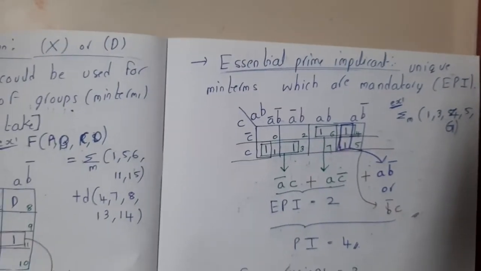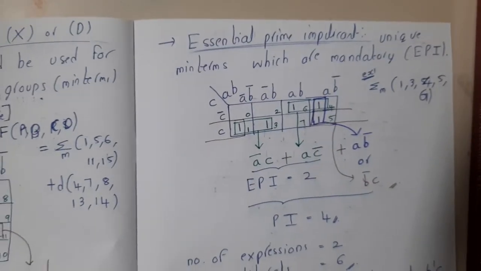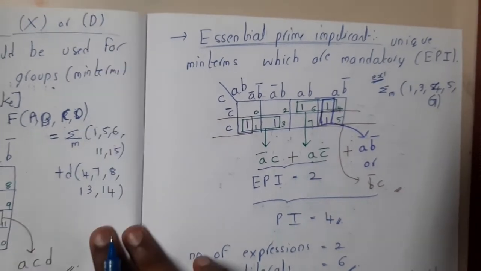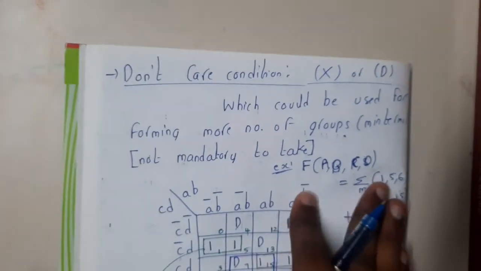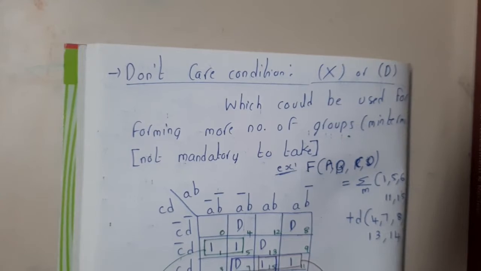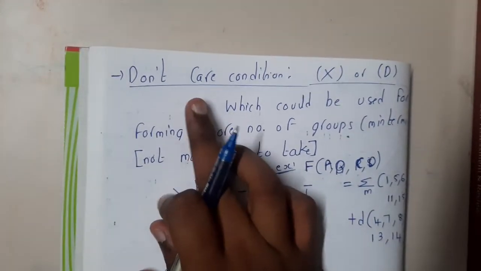Implicants and those parts we'll be discussing in the next lecture, guys. I thought I could explain it in a single lecture, but I think it's not possible because it will be really lengthy, right? So let us introduce don't care, and we'll be solving these implicants, prime implicants and everything in the next lecture, guys. So don't worry. Now let us go through don't care.